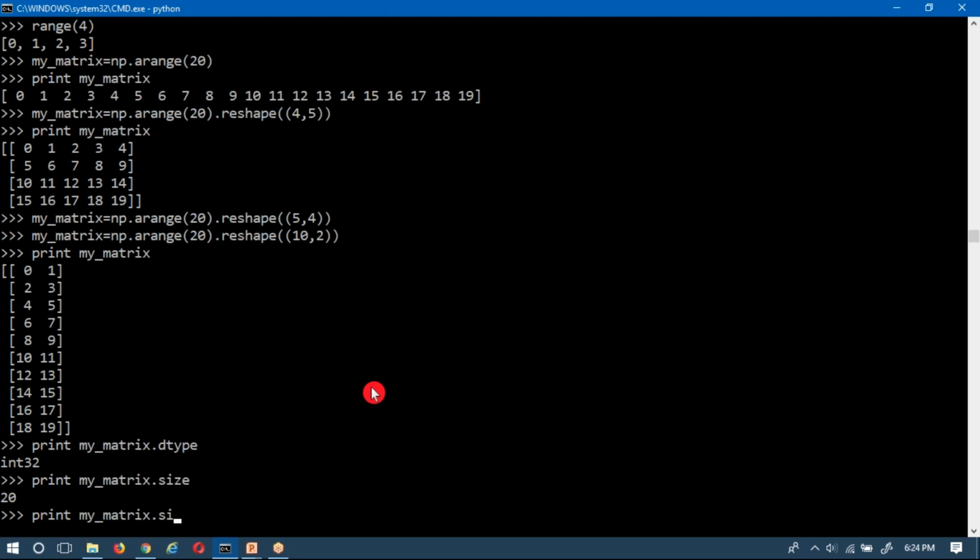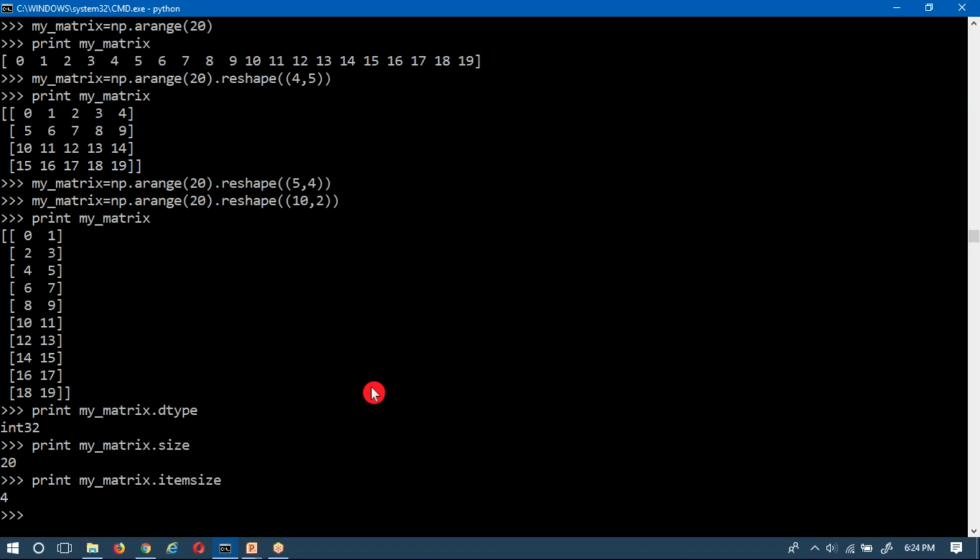And if you want to know the memory size occupied by each element in your matrix, that is item size, 4, because 32 bits is nothing but 4 bytes.